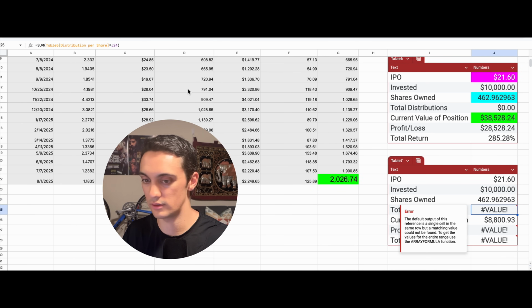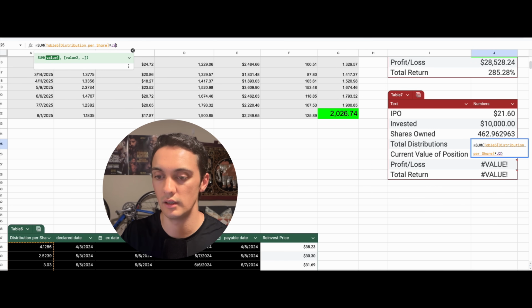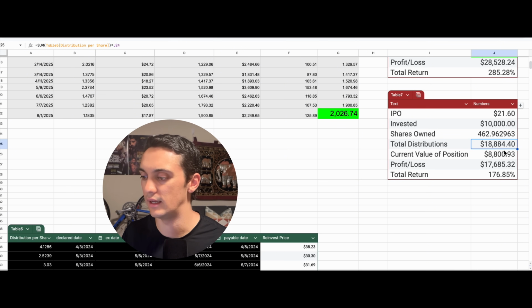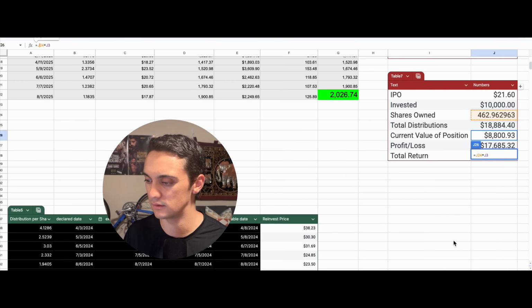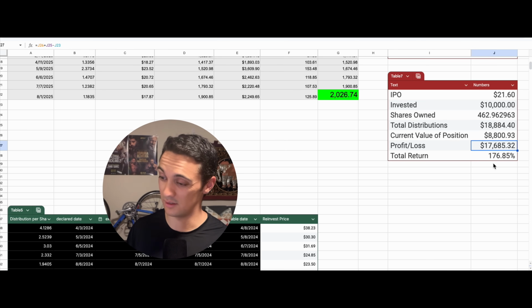Okay. Total distributions. Okay, and then we've got total distributions, and oh, I didn't do that table right. So sum up the table, which is number of distributions times your shares owned. And then you'll see you got 18,000 in distributions. Current value of the position is going to be shares owned times the IPO price. So you take a little bit of a loss, the 10,000, and then your current value is 8,800. But you add in those dividends for 18,000 and your total profit is 17,000 for 176%